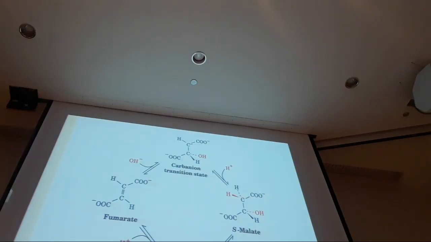You could either first have a proton added to the double bond, go through a carbocation, and then add a hydroxide ion, or first add the hydroxide ion to the double bond, form a carbanion, and then add the proton. At the end of the day, it doesn't really matter in which order it occurs. According to your textbook, this variant, I believe, is more likely, but it doesn't really matter. You have addition of the hydroxide ion and the proton, and you have a hydration, and you have formation of malate,